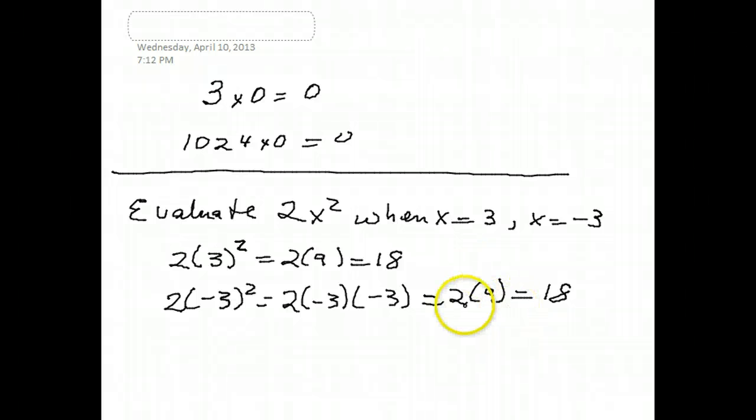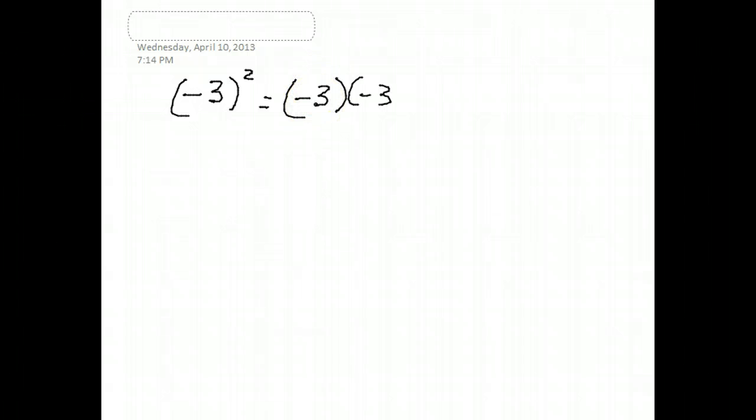Now, when you're dealing with negative signs in front of exponents, there is an important principle that I would like to point out. So let's say I have negative 3, in parentheses, squared. By definition, when you square a number, it just means you multiply it by itself. So this is equal to minus 3 times minus 3, which is equal to 9. Two negatives multiplied by each other give you a positive. What happens if I have it written like this? So instead of a parenthesis around the negative 3,